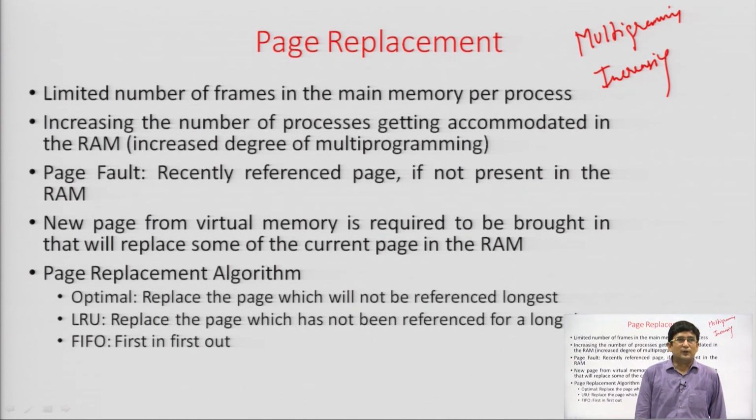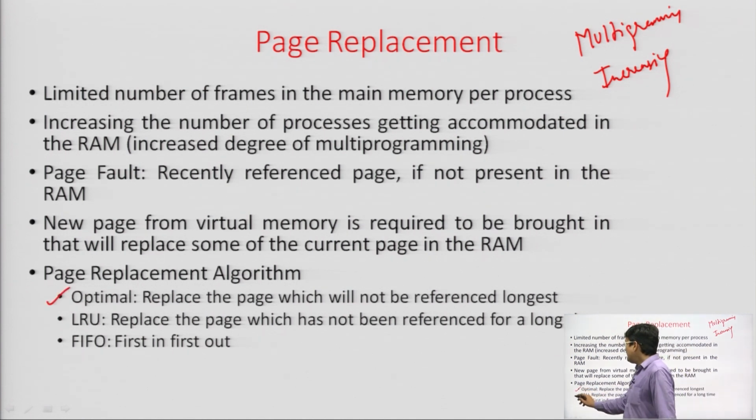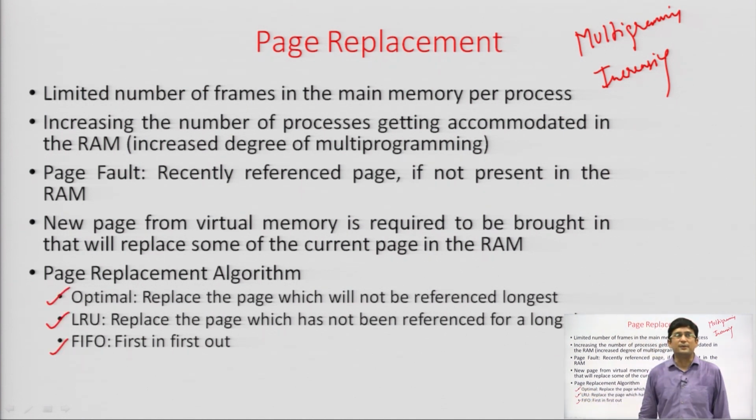Now, page fault we have already discussed. Now, we have to discuss the page replacement algorithm. There are many page replacement algorithms, but the most famous ones are the optimal, LRU and FIFO page replacement. So, what does FIFO say? FIFO says that the order in which the pages have arrived, in case you have to replace, then you replace the older page,